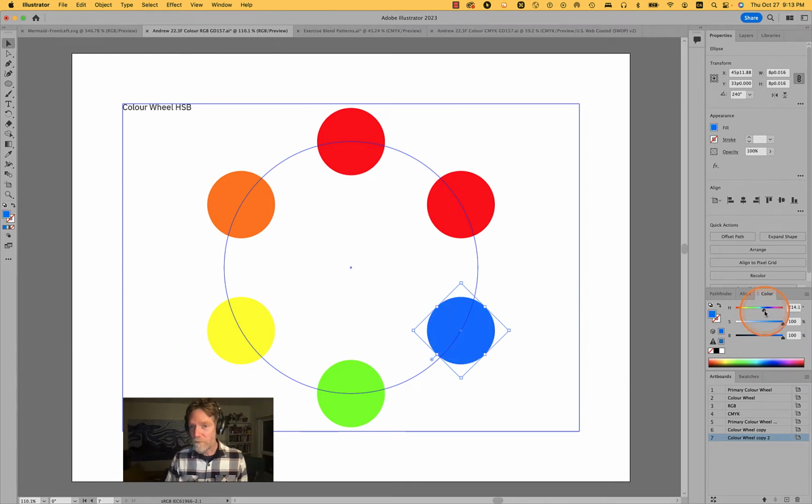Here, blue. So I got 220, gives me a good blue, one that I understand. And then here, and this is color perception. This is the way that we perceive this color. We understand this color to be blue, this to be green, and this one to be